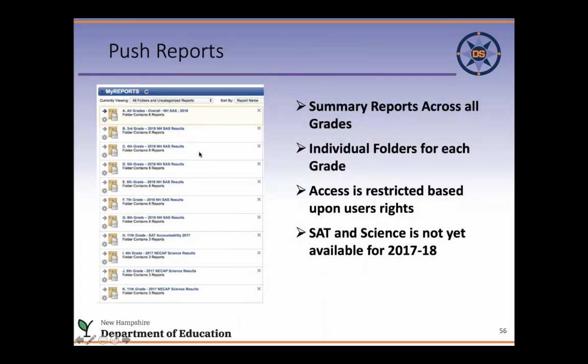You've got third grade, fourth grade. He puts one out for every single grade. So there are summary reports, there are individual reports, and there are grade level reports, school level reports. You can only see the students that you have rights to see. So if you are a teacher and you only have rights to your students, if you click on the district report, you're only going to get your students. So it is secure.